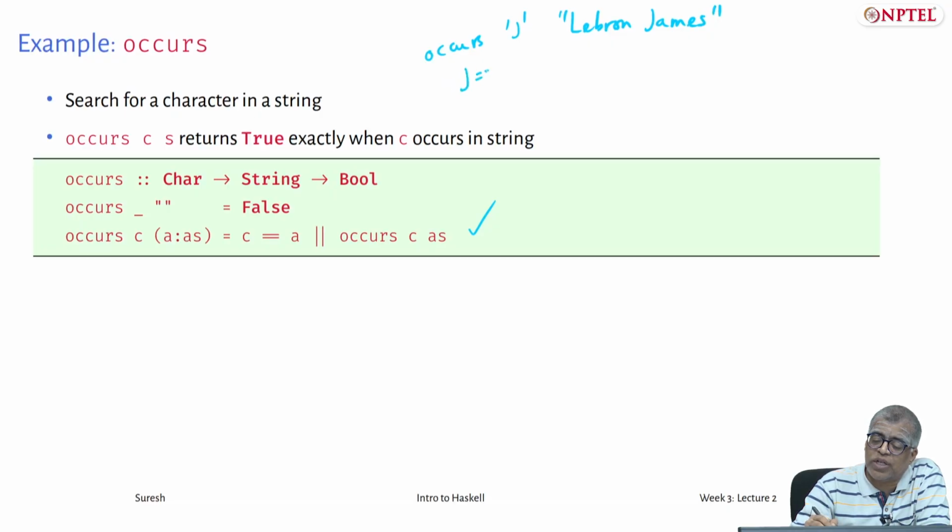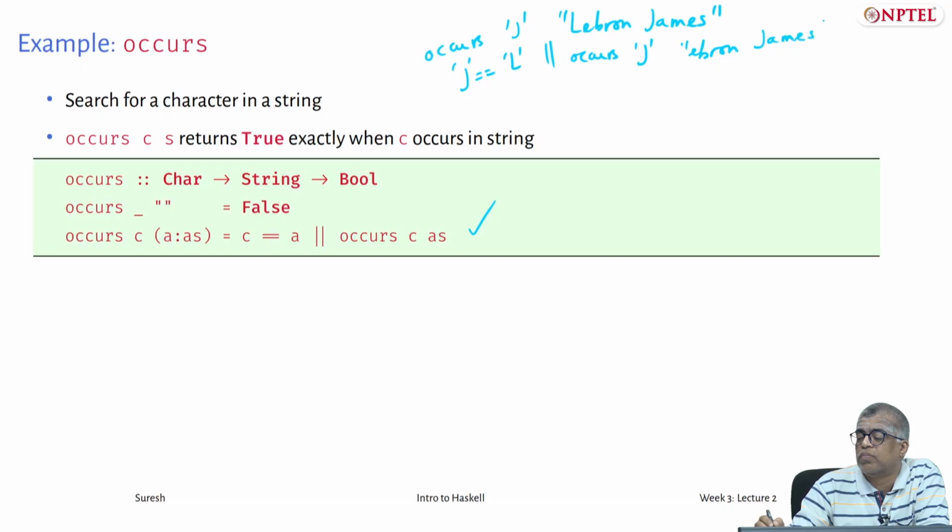It will check whether J equals L, or... but J equals L is false, and False or anything else is just the value of the next thing.